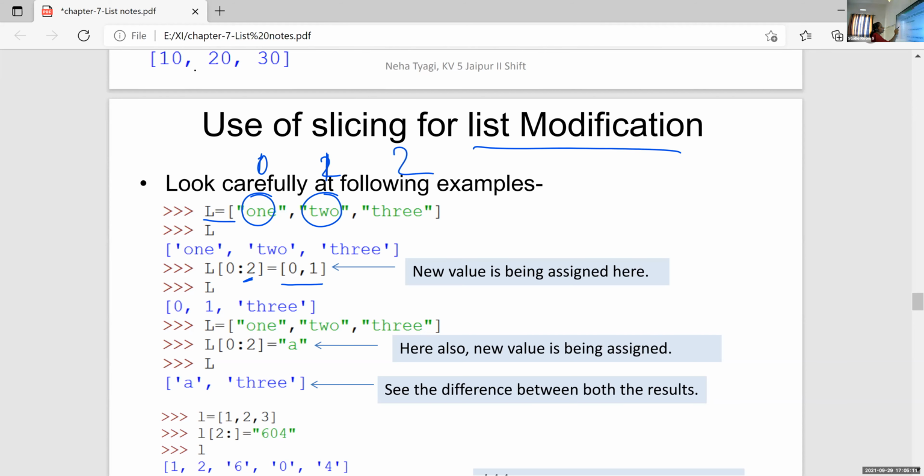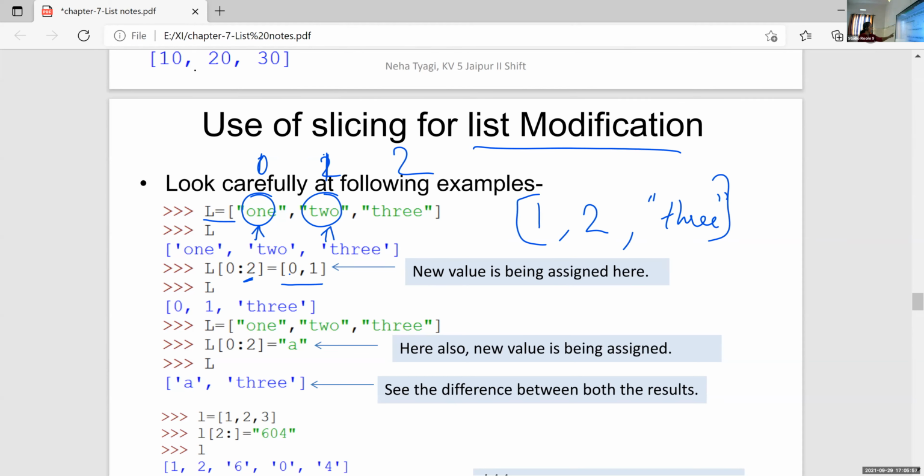This 2 is the stop value, so we are not taking this 2. So we are taking the 1 and 2 values. That is, the 0th position value is 1, the first position value is 2. So L[0:2] = 0,1 means first we take apart from this list the positions 0 and 1, and we replace these values 1 and 2 with the new values 0 and 1. So instead of 1, it is 1, and instead of 2, it is 2. Third one, there is no change, it is 3.